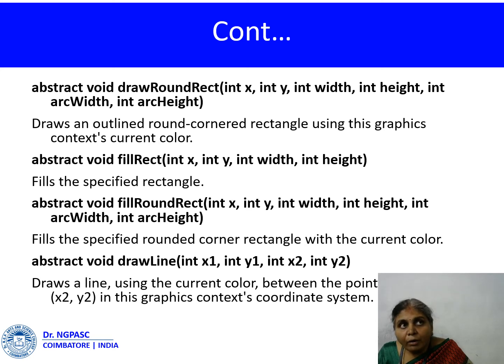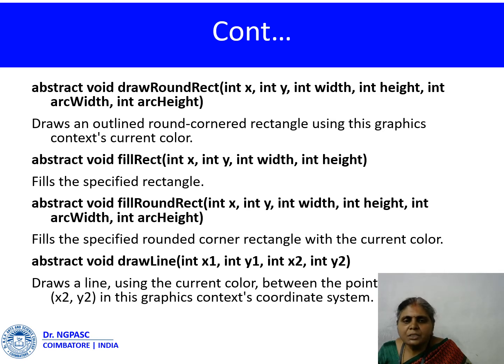After drawing the rectangle and the round rectangle, we may want to fill the rectangle with a specified color already set by you with the help of the setColor method. For that purpose, we have a method known as the fillRect method. The fillRect method takes the same rectangle specification so that it will be filled with the specified color. Likewise, if we have drawn a round rectangle, then the round rectangle will be filled with the specified color with the help of the fillRoundRect method.